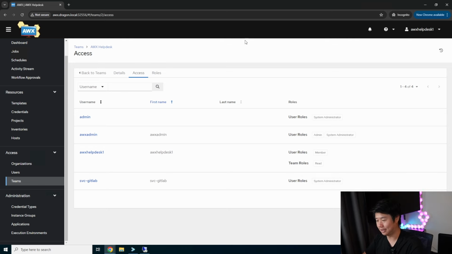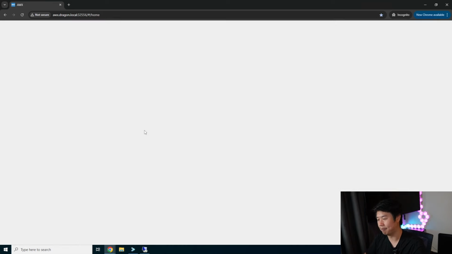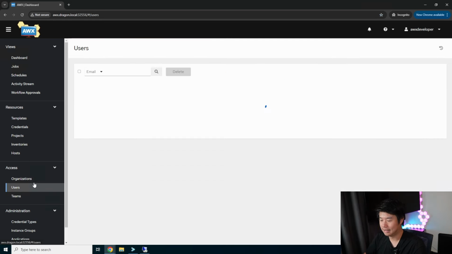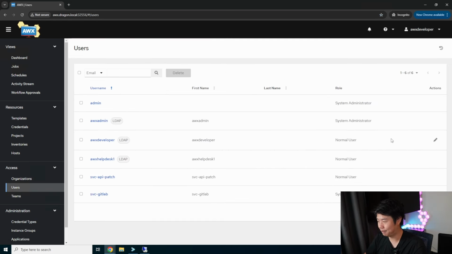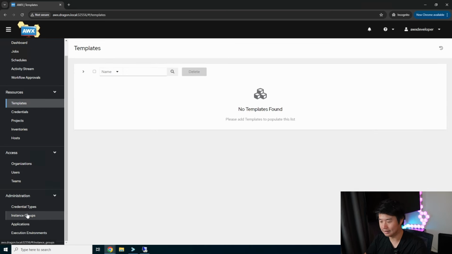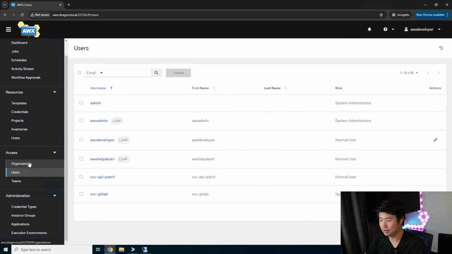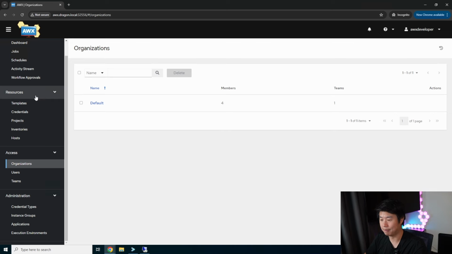So essentially, I can do the same thing. The help desk and the developer role essentially give me the same thing right now because I don't have any template configurations. But you can see that I can log in. It populates the developer now, normal user as well, because that's what we set them as. And they don't have the settings or anything, but they can do what a normal user would be able to do based off of my roles. So